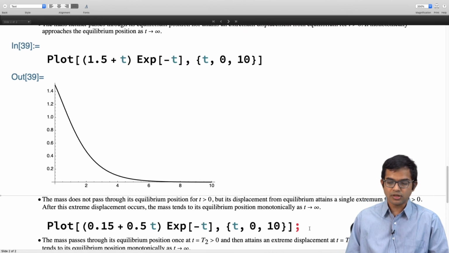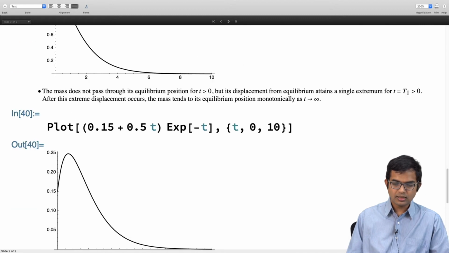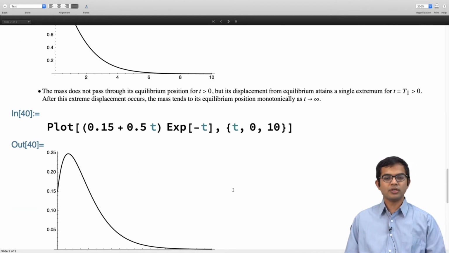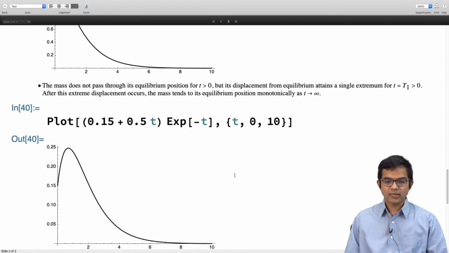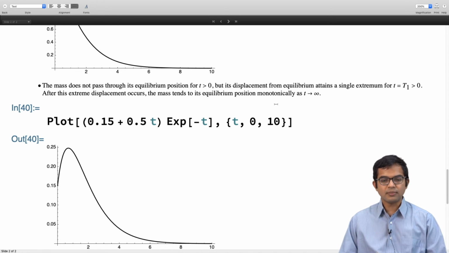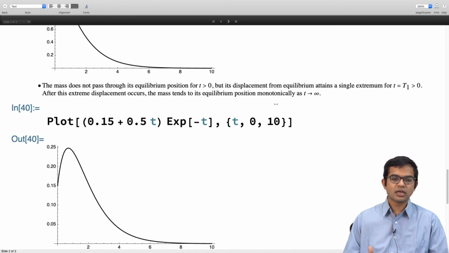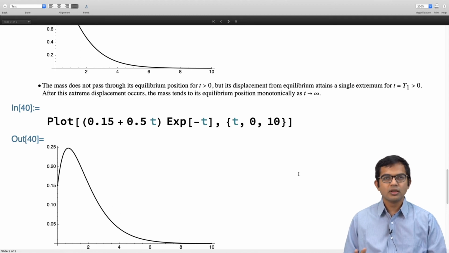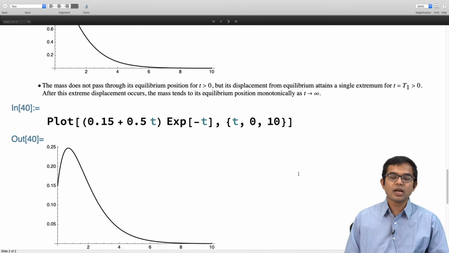Then there is a second possibility, which is that it tends to go up before falling down, right? So there is a characteristic time scale t1 associated with it. At this point it hits an extremum, so it's increasing in value, but then the damping begins to overtake it, and after that it turns around, and it's a steep fall after that, and then it's a monotonically decreasing function, which eventually settles down to the equilibrium position at t equal to infinity.